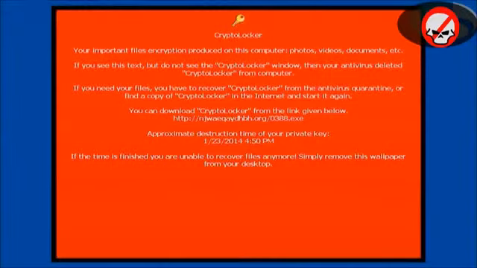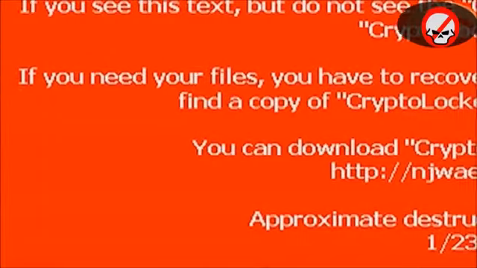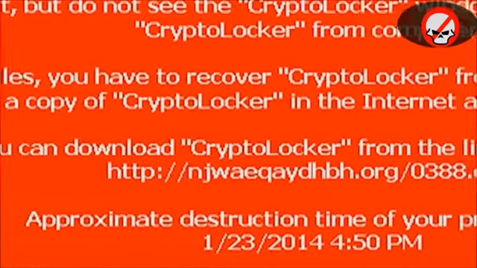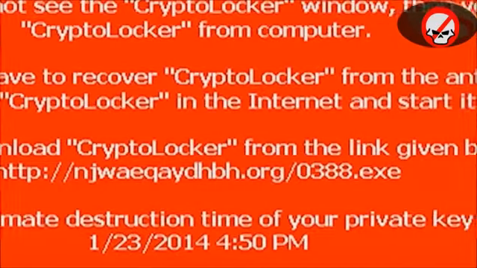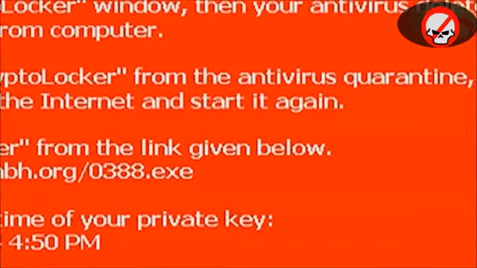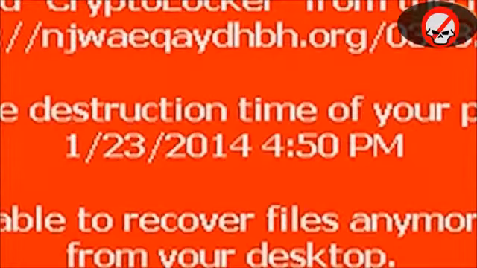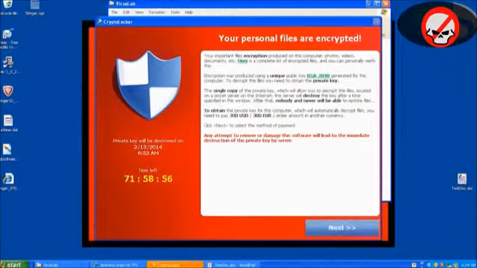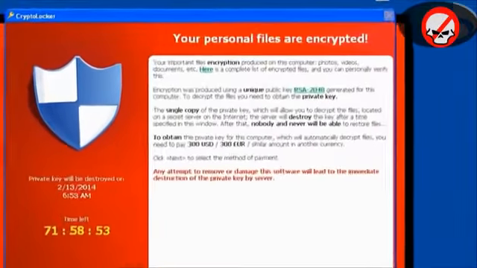The wallpaper instructs the user on how to reinfect the computer with Cryptolocker if an antivirus program has deleted the Cryptolocker file. This is because the victim needs the Cryptolocker executable to decrypt the lost files after having paid the ransom money. It also warns the victim exactly when their files will be lost if they don't pay, in an attempt to scare them. The criminals don't worry about being detected and removed. It arrogantly says if the victims don't pay, they can just remove the Cryptolocker wallpaper, along with all their unrecoverable data files. If the victim is prepared to pay, then he or she can follow the instructions to buy bitcoins